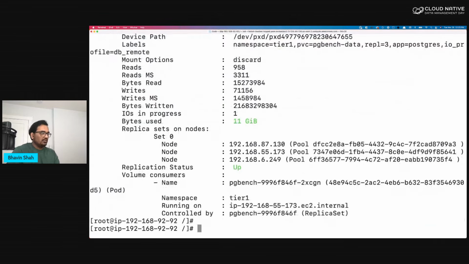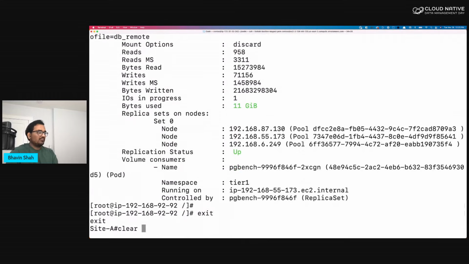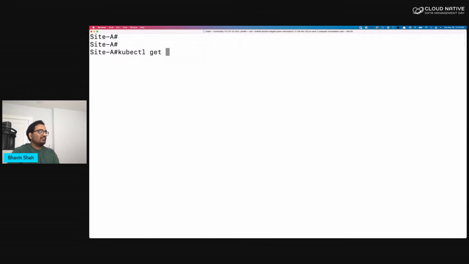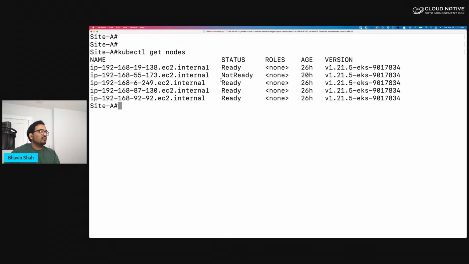Let's go back to the terminal and exit out of the Portworx pod, and let's do a kubectl get nodes. Here you can see it's already in a not ready state. And at this point, we can do a simple shell script. What it does is it deletes our Postgres pod and then spins it up on a different node that's available in the cluster. And just to make sure that we are not stuck in a pending state because of EKS, it's better to just delete it and then spin up a new instance on a new pod.